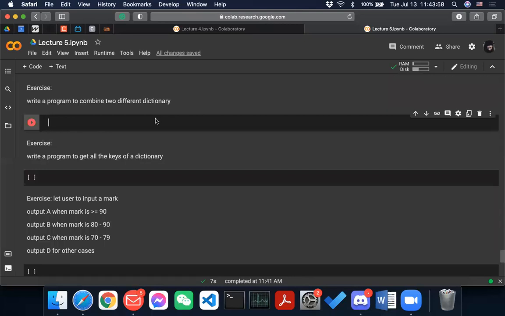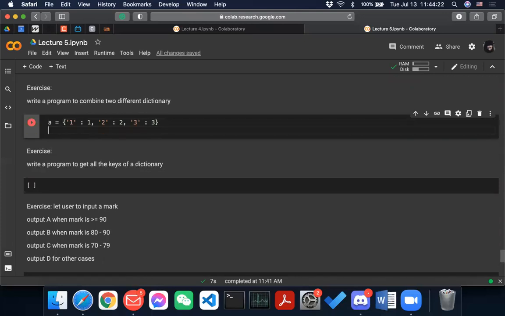So for example, you have a dictionary A with 1, 2, 3, and then dictionary B, something like this.